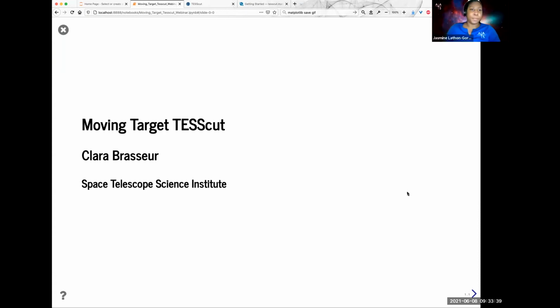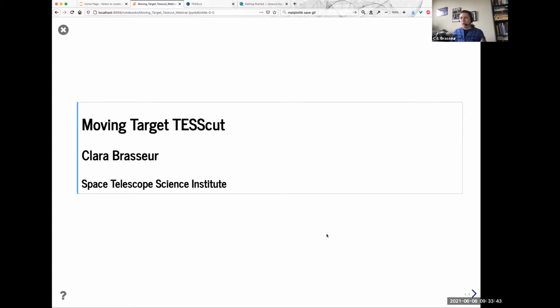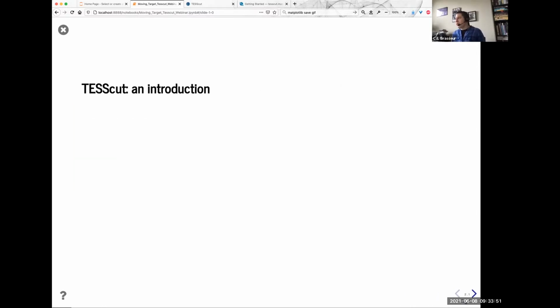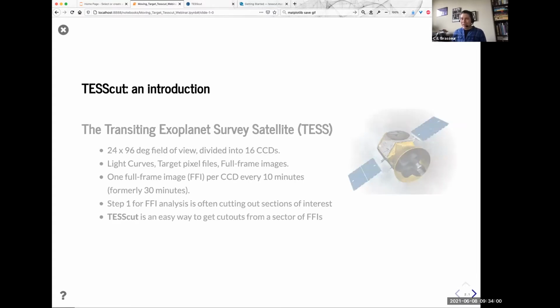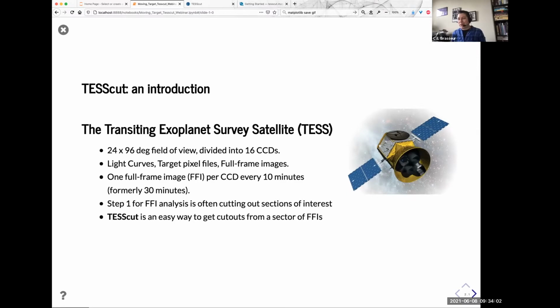Yes. All right, so I'm here to talk about moving target TESScut, and I'm from the Mikulski Archive for Space Telescopes at MAST. So before we really get into moving target TESScut, let's talk about what TESScut is. TESS is the Transiting Exoplanet Survey Satellite. There's a lot of interesting things to say about it, but I'll just talk about the parts that are relevant